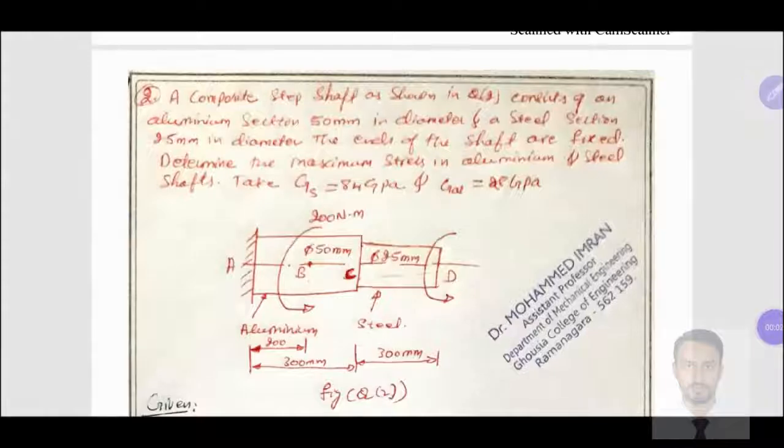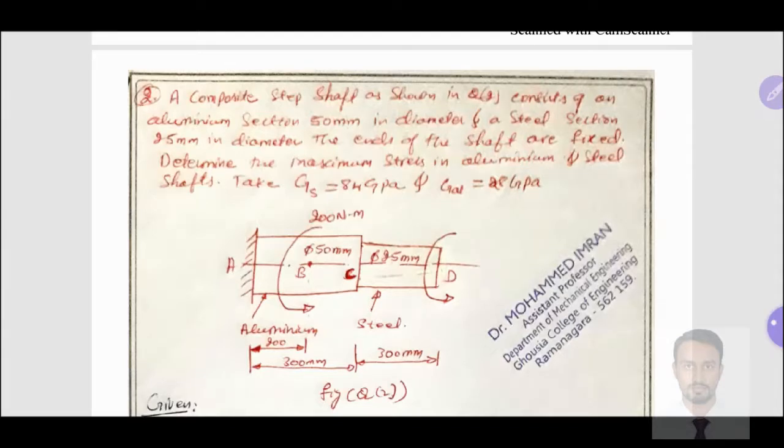Hello my dear friends, in the last video we solved a problem on shafts. I took a uniform cross-sectional shaft element with a 50 diameter, fixed at both ends, and applied torque at two points, B and C. The modulus of rigidity and polar moment of inertia remained the same for all elements we chose to convert a continuum body into a finite element body.